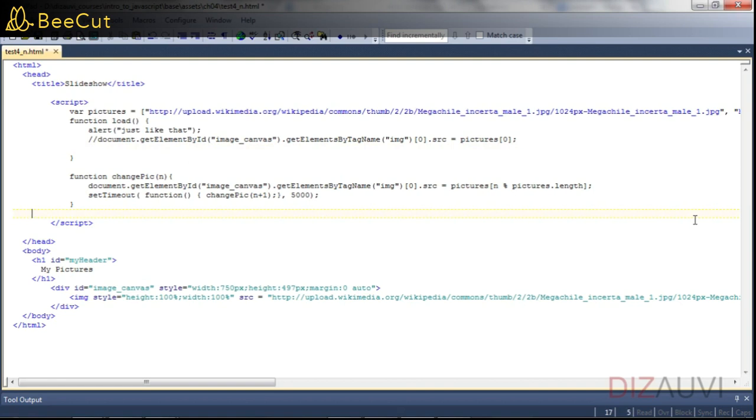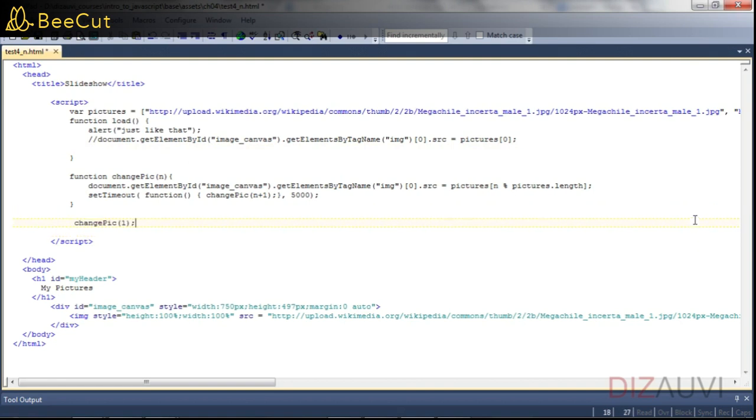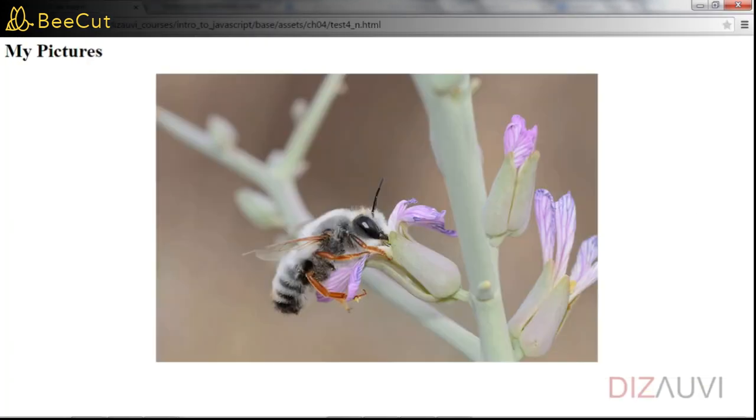So let me just put the changePic function call as the last statement inside the script tag. So now what do you think? Will the slideshow start? Let's check. And if we reload the page and wait a little, you can see that the slideshow didn't start. So there must have been some error somewhere. So let's open the JavaScript console,